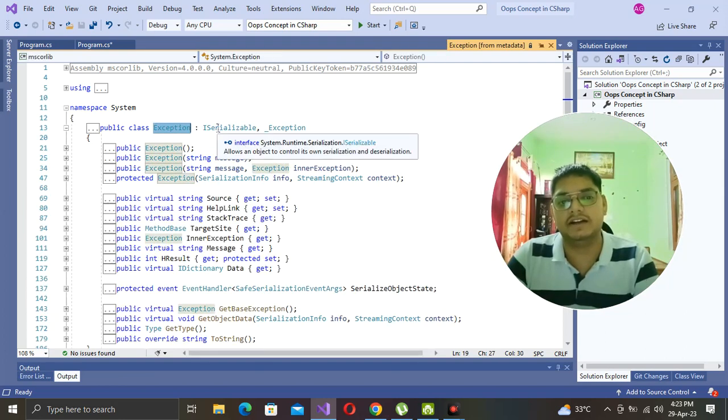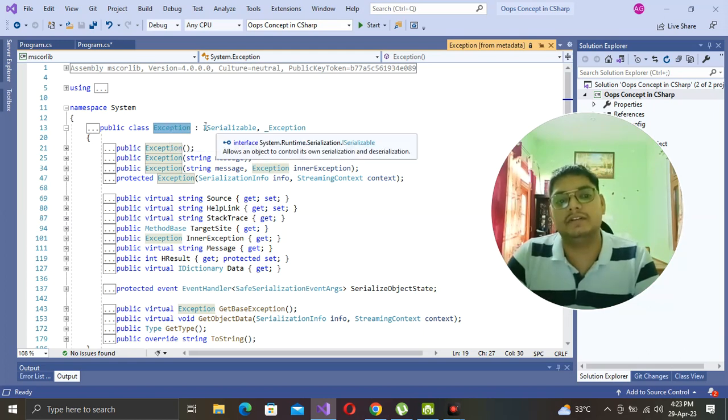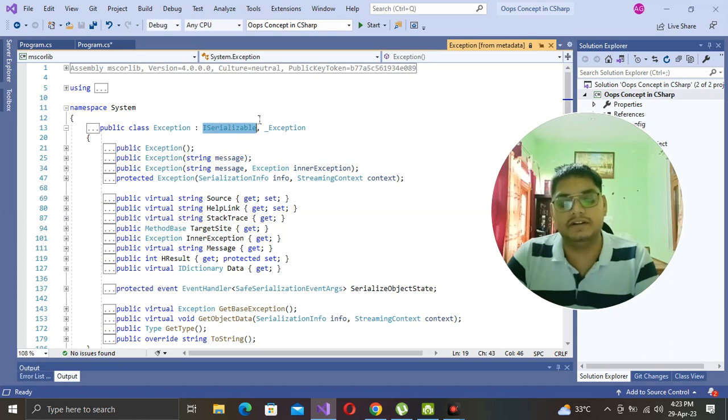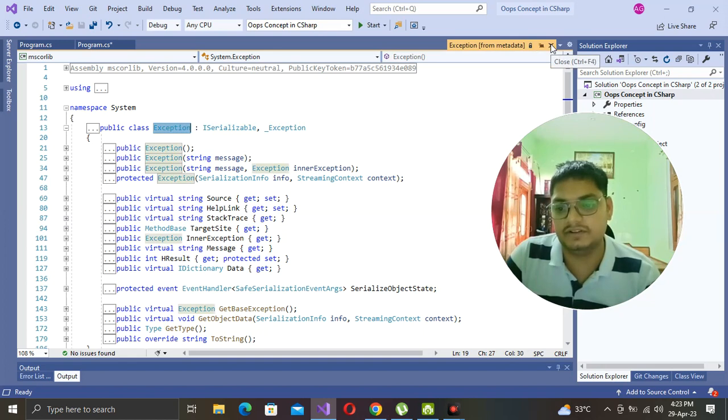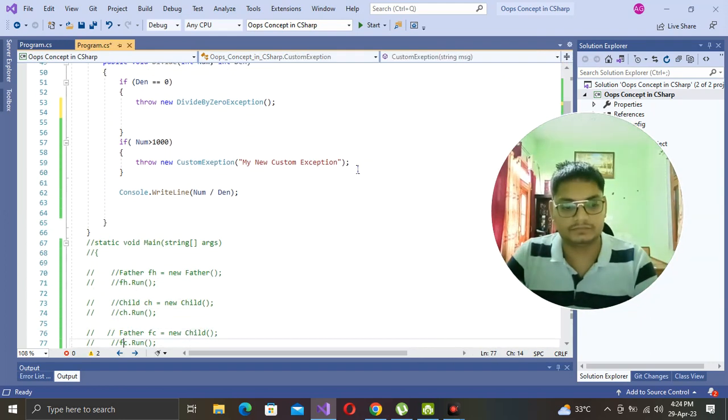It's implementing interfaces to expose its methods, but this is a base class, and every exception is derived from the Exception class. That's why if I want to make a custom exception, I have to derive it from the